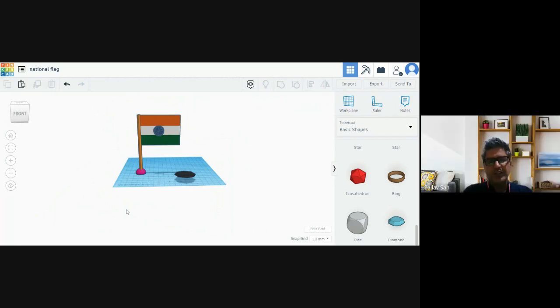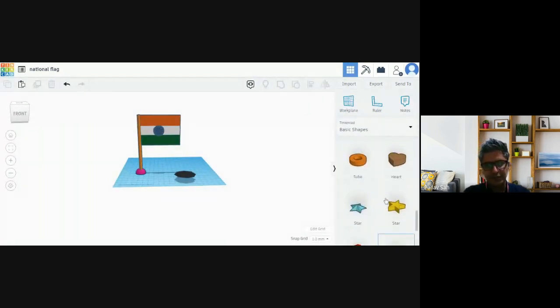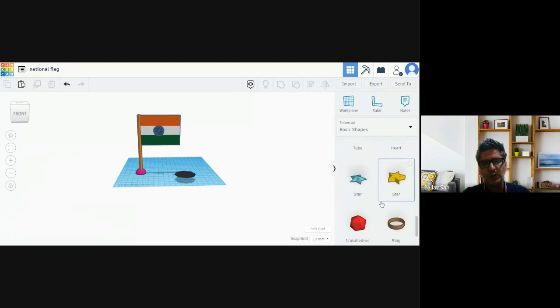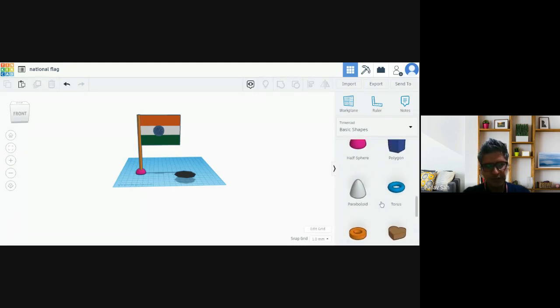And I think, children, you do understand that you can do some beautification wherever you feel like, right? You can do some beautification at the top portion of the flag where you can put a small spear or something like that. It's up to you. There are a lot of beautifications you can do to the flagpole and to the base. There are a lot of things that you can do.